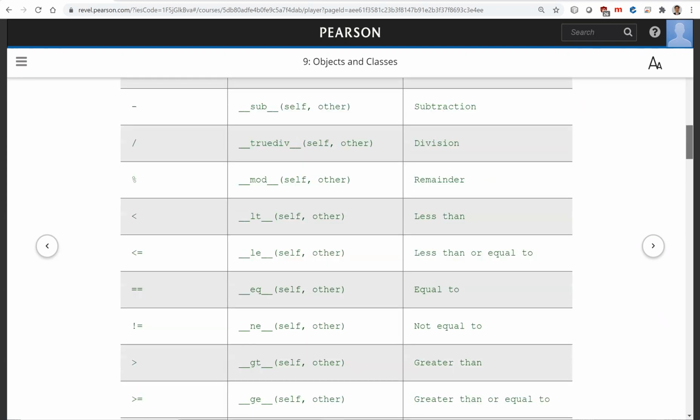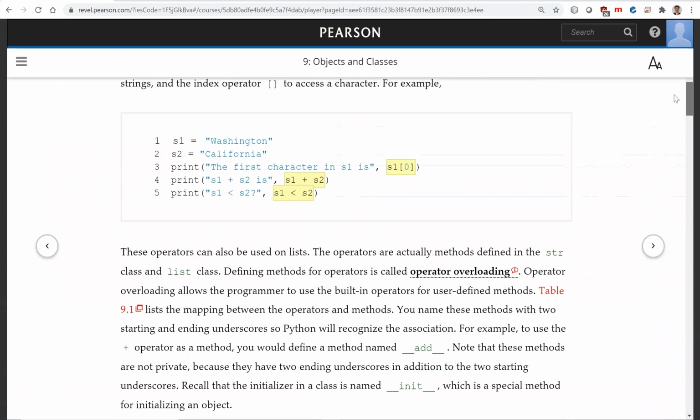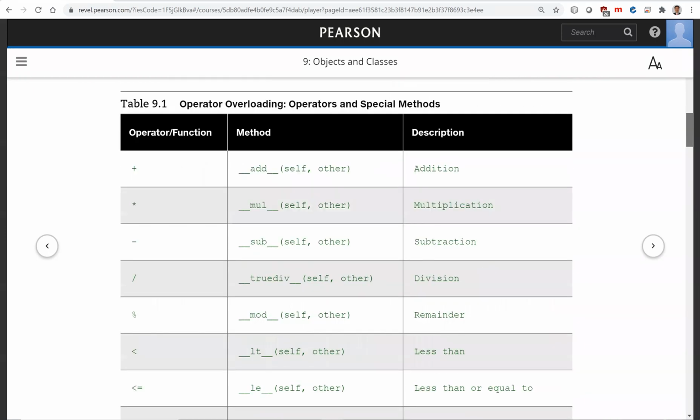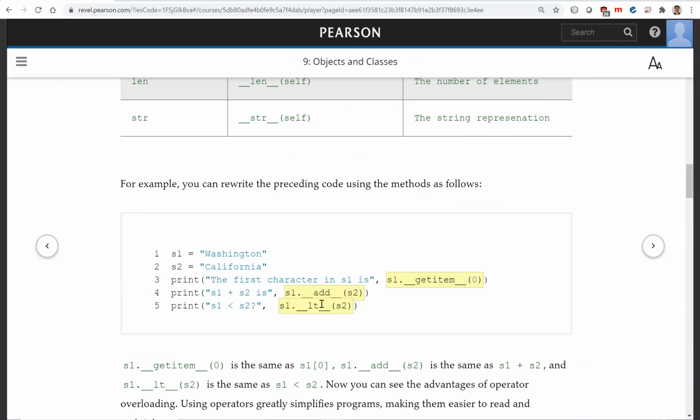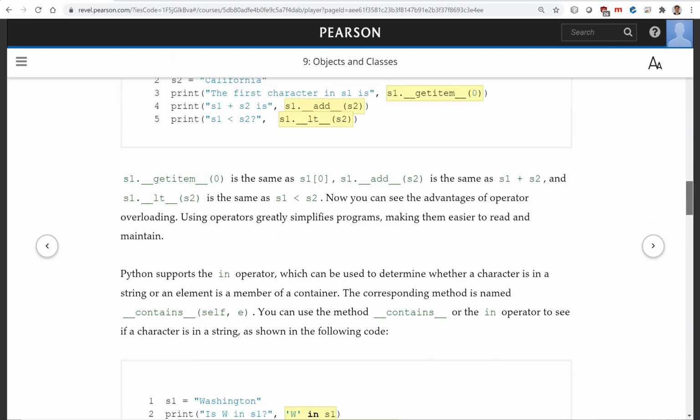Now, of course, look, which is better, more intuitive? Using operators rather than using the methods. The methods you have to write like this, and with the operators, it's much simpler. So that's the advantage of using the operators, and that's why Python provides the operators to replace the other functions. You can use either functions or operators, but using